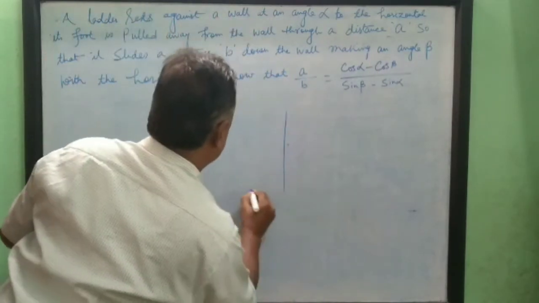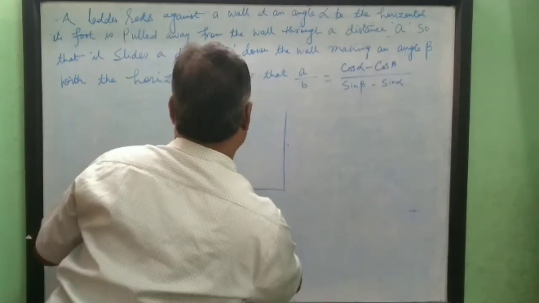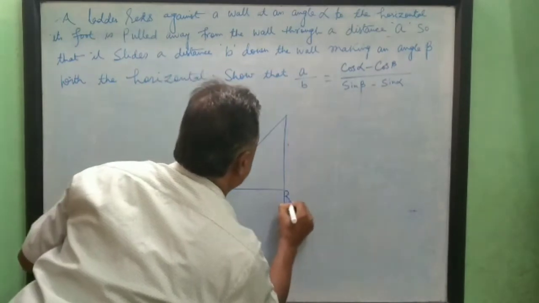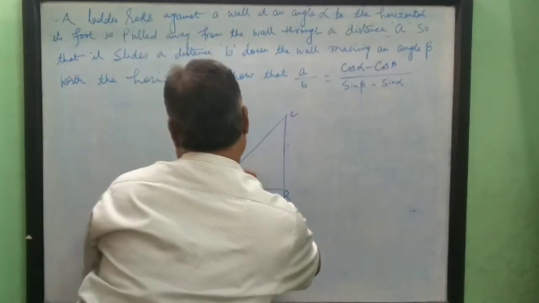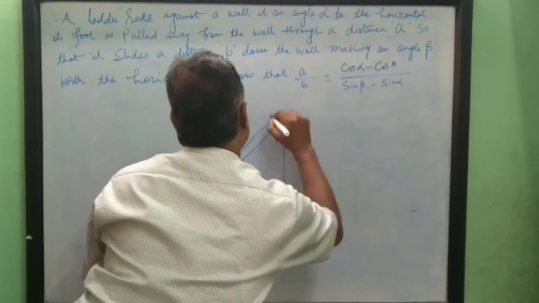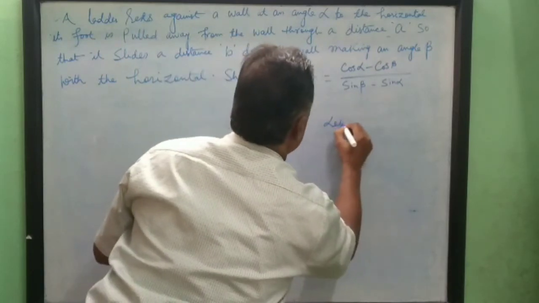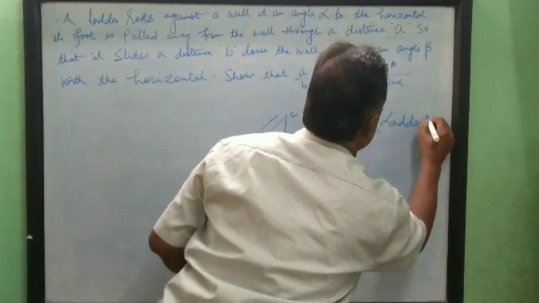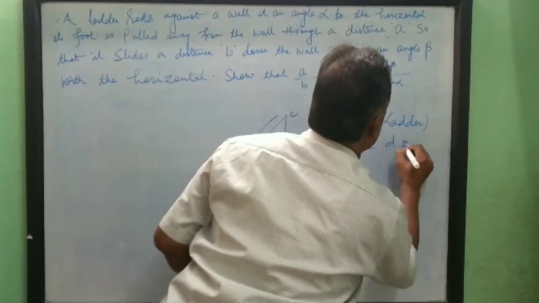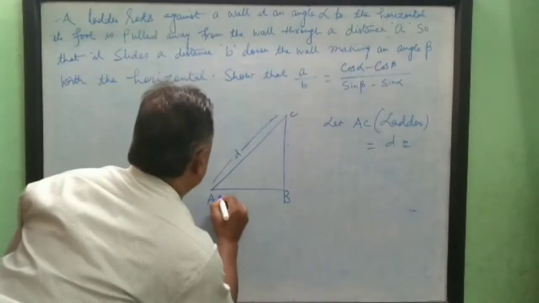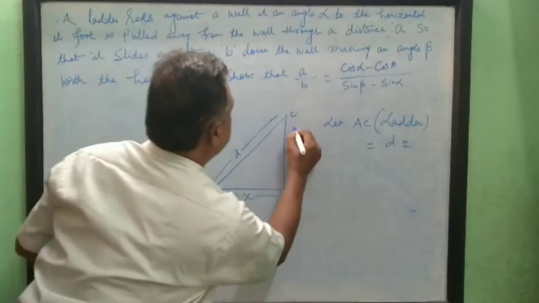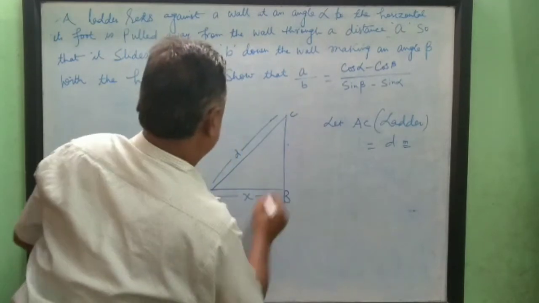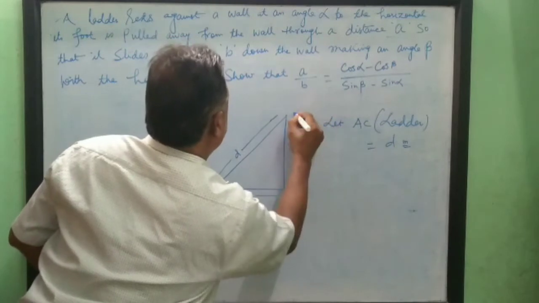This is the wall and this is the ladder, and let the length of the ladder be a small d. Let AC is equal to d meter. Let this distance is x and this is y. Okay. Now